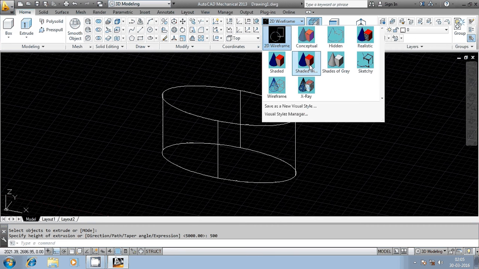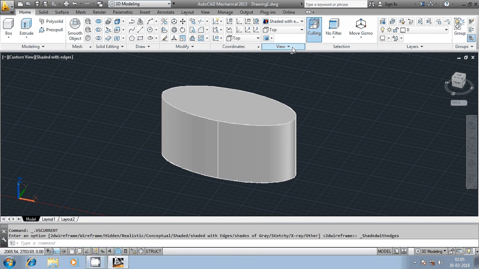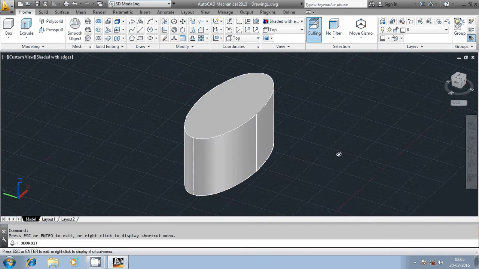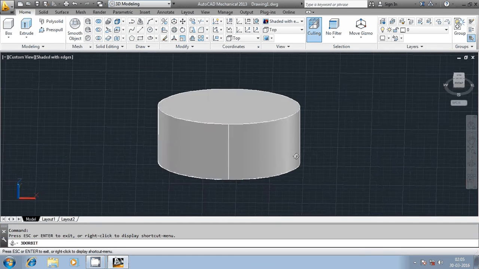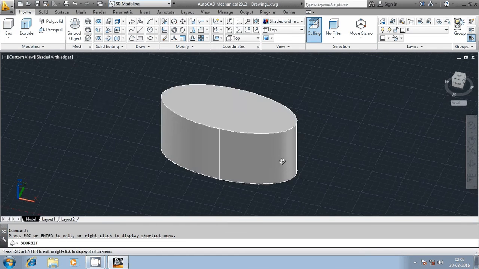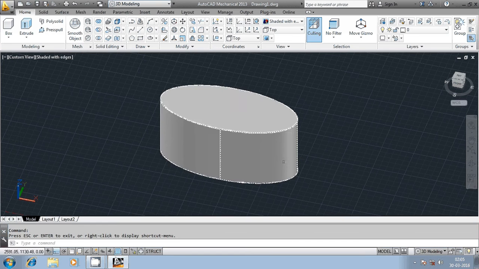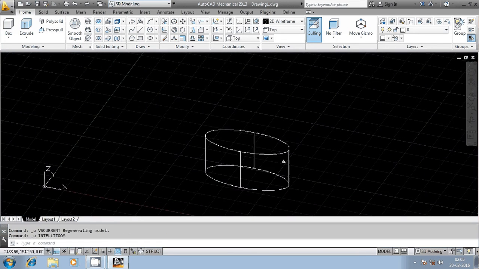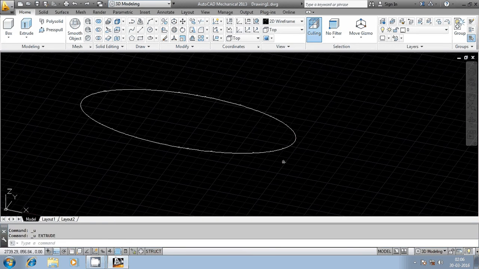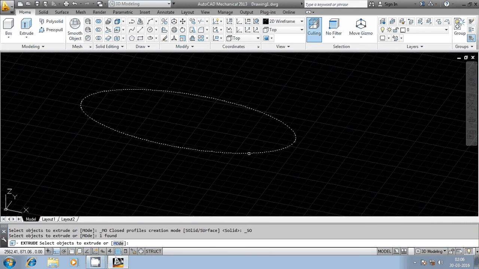We have generated the 3D. You can go to rendering and then change this. You can see here the 3D object got generated. The 2D profile has been extruded. There are some more options in this. If I switch from solid to surfacic, let us see how it is going to generate the 3D.